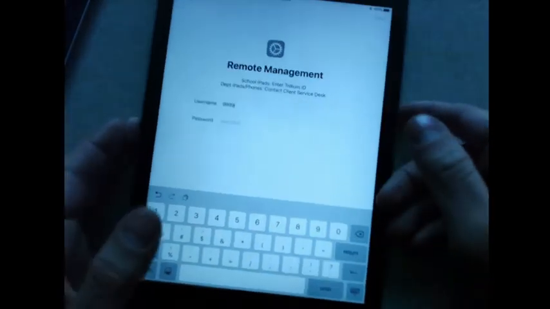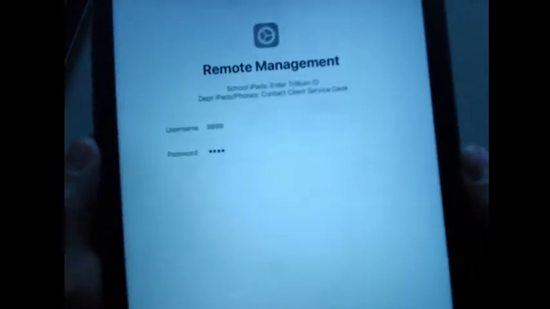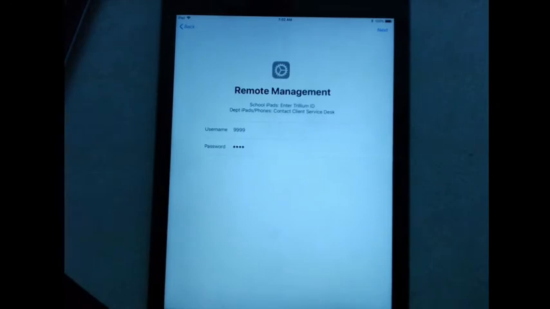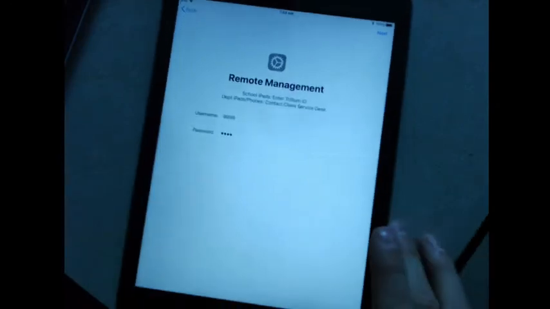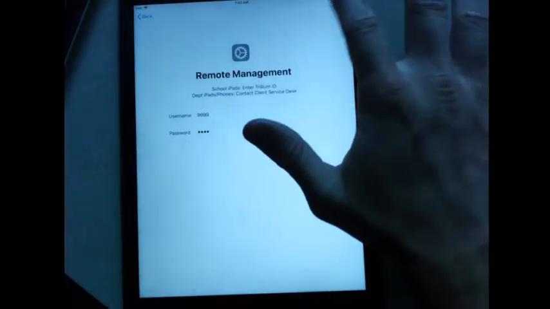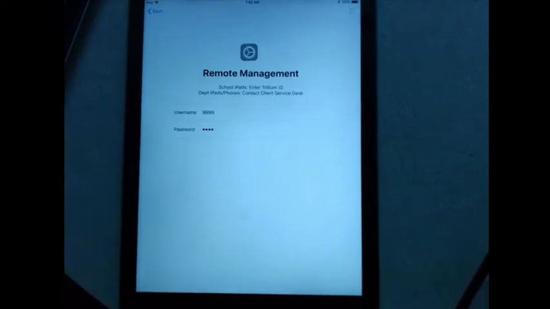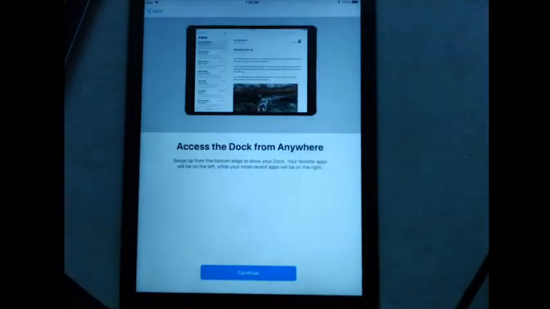So I type in 9999 for the username, and for the password, the same thing, 9999, boom. By putting in 9999 for both, we're telling this iPad it's going to go into that particular school's AirWatch environment. And when I hit next, it will start to join the AirWatch environment.